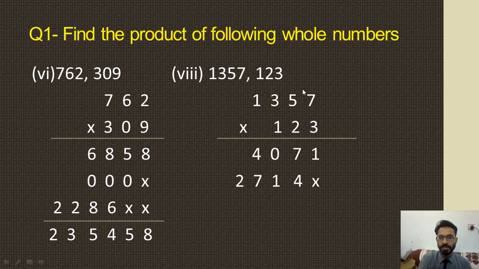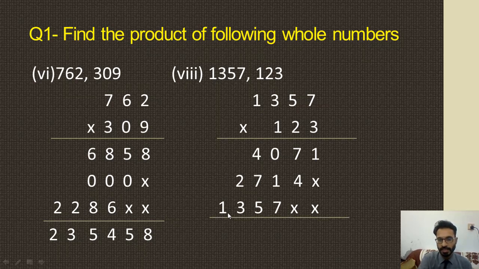After that we will multiply with the next number. Before multiplication, first we put 2 crosses. First cross will be put under 1 and cross, and second cross will be put under 7 and 4. After that we will multiply 1. 1 multiply 7. 1 7s are 7. And this 7 will be written under 0 and 1. After that 1 multiplied by 5 and this 5 will be written under 7 and 4. After that 1 multiplied by 3 and this 3 will be written under 2. And 1 will be multiplied by 1. This 1 will be written on the left side.